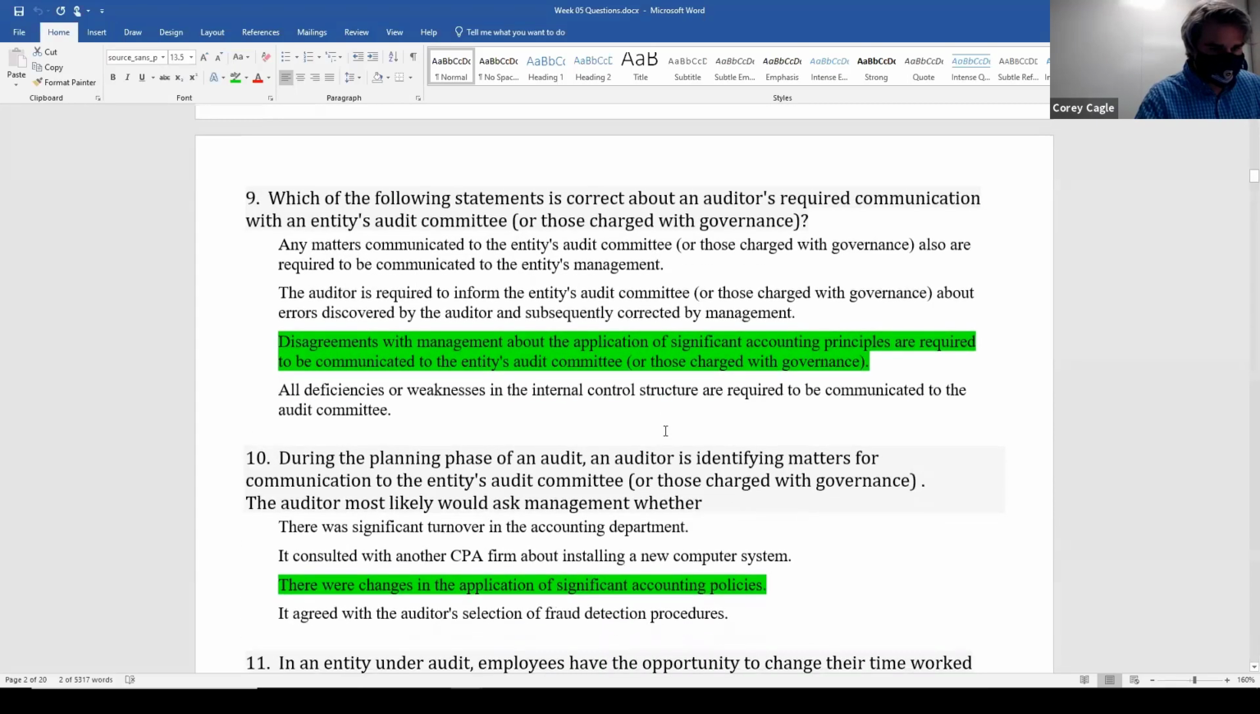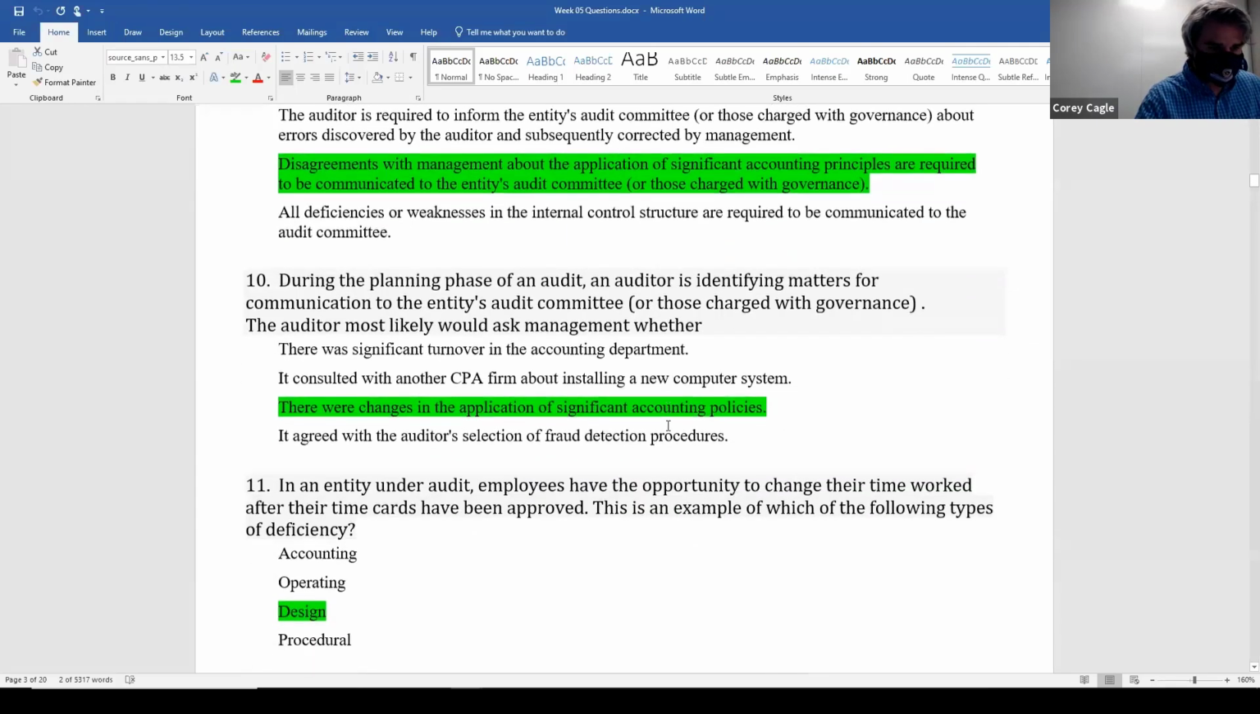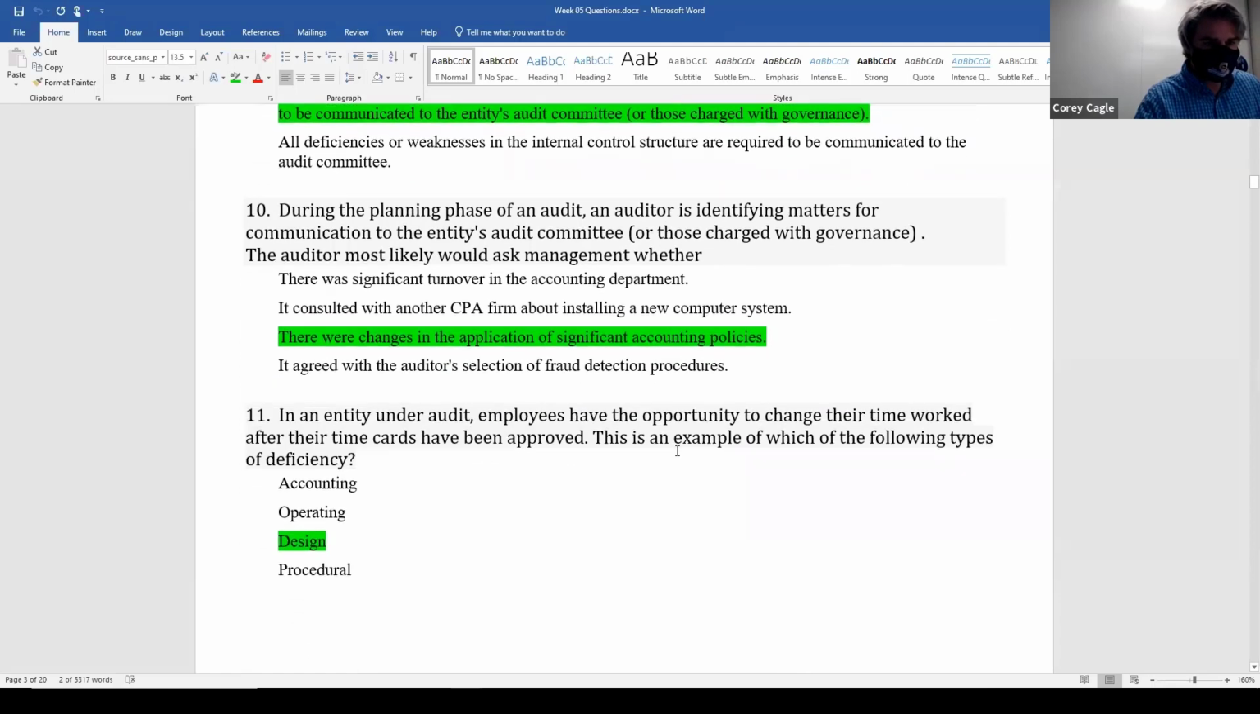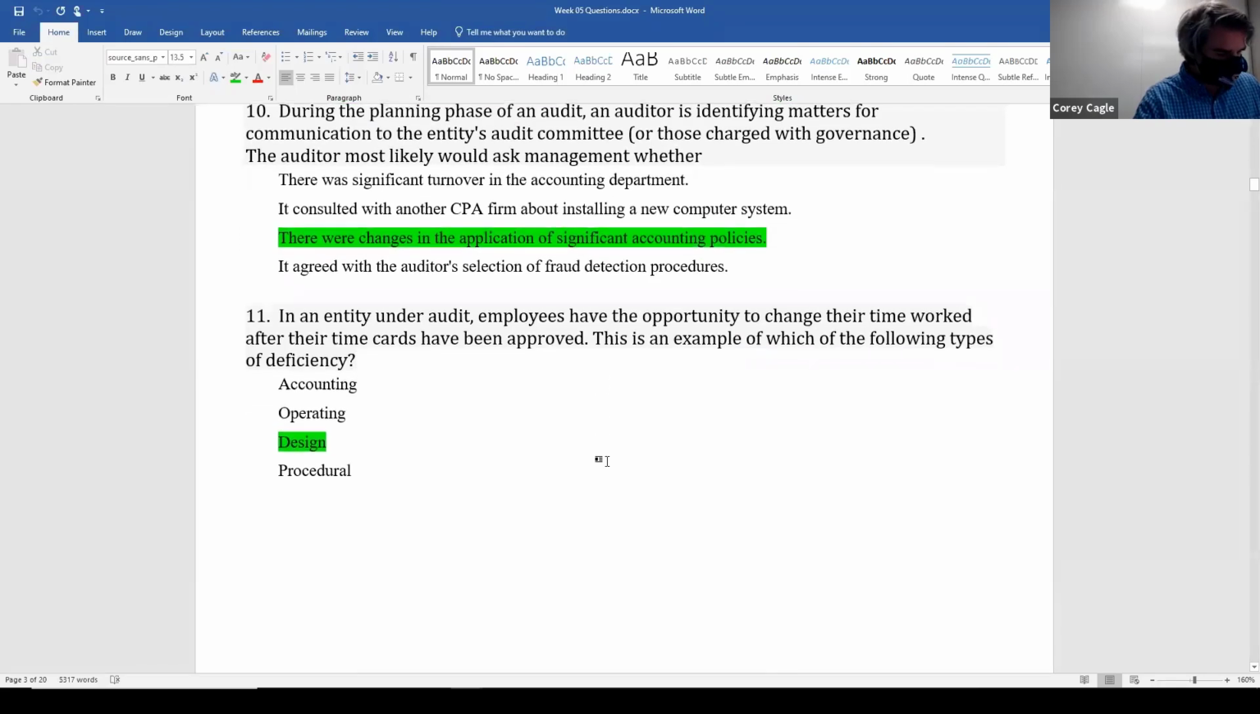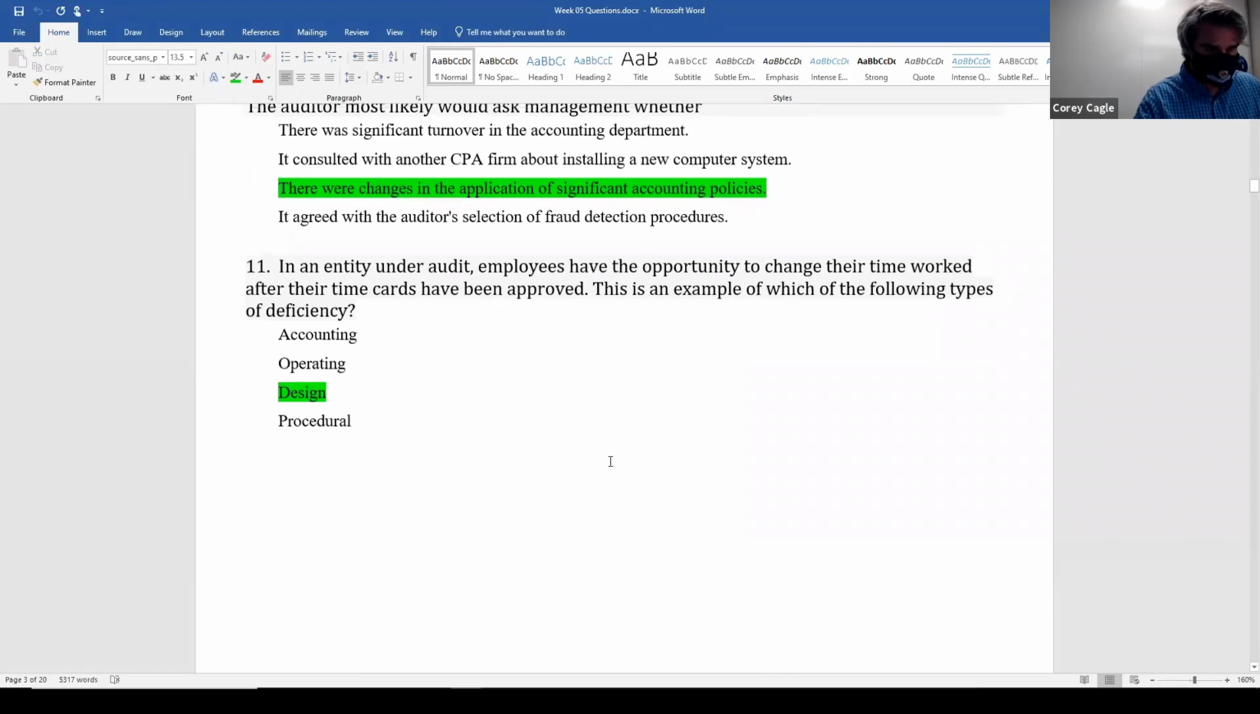9, more of the same about disagreements with management. 10, another one that we communicate, significant accounting policies. 11,